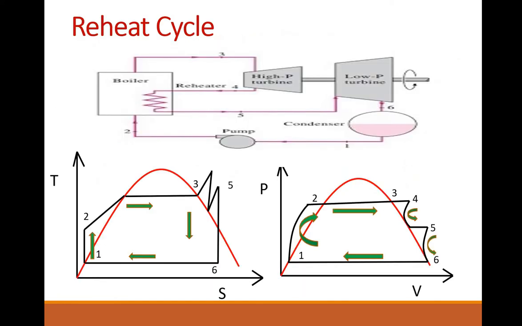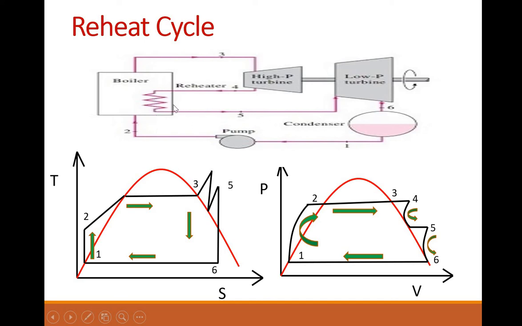Then next you have a reheat cycle. The reheat cycle is basically a method by which we can increase the efficiency of the Rankine cycle. So what is done here? When we are feeding water from the pump to the boiler, in the boiler the water gets heated up to its boiling temperature and is then converted into vapors, or steam is formed. That steam is allowed to go through the high pressure turbine, and whatever outlet you receive is again fed to the boiler through the reheat tubes, and that is again converted into steam.